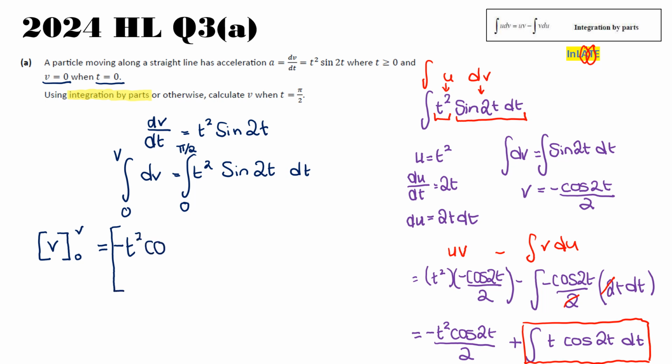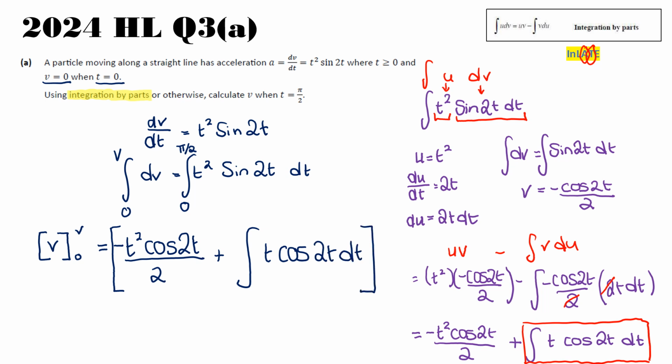t squared cos 2t all over 2, plus the integral of t cos 2t dt, and when we do all that, it's going to be evaluated between 0 and pi over 2. So I'm just going to clear the screen so we have a bit more space,